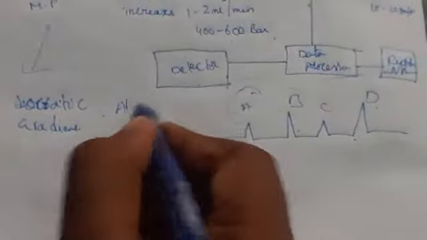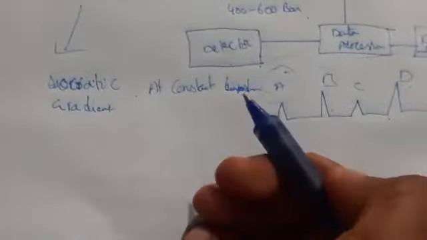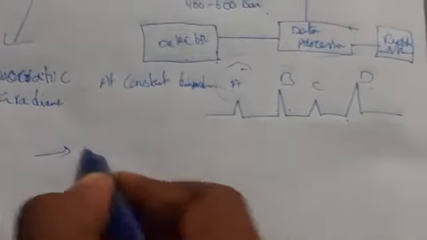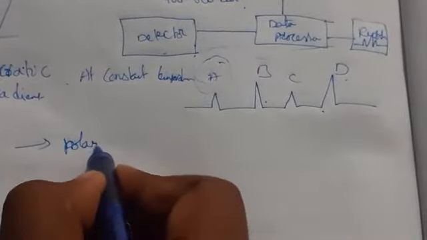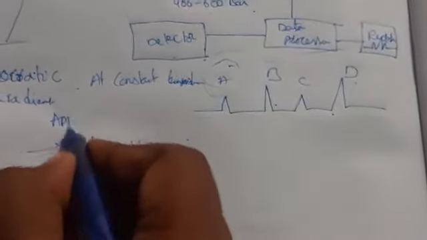At a constant temperature, the solution is going to pass. Then what is gradient? If you increase the temperature, automatically the solvent is going to flow. So this is isocratic and gradient for the separation of the system. Which type of separations are we going to use here? Generally to separate polar and non-polar compounds. These are the applications of HPLC we are discussing.